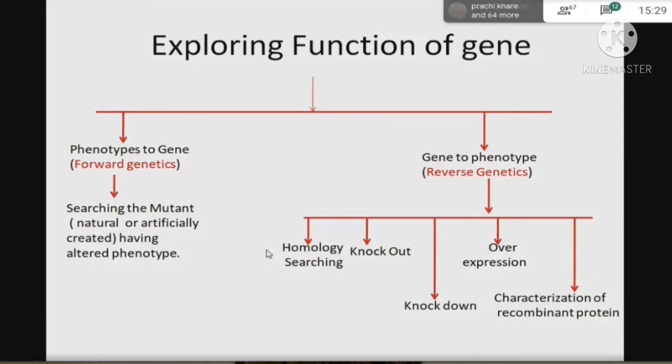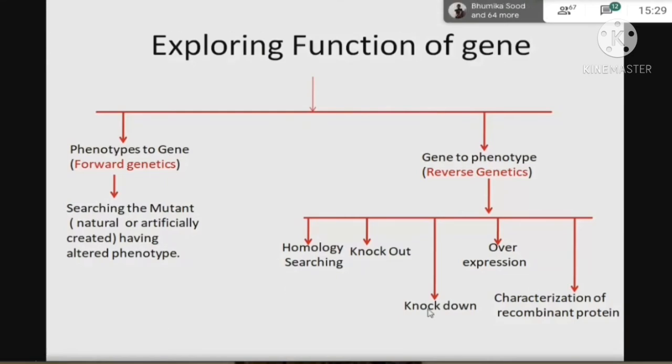It means all the protein should not be removed from the cell. We just add something which can reduce the expression of that gene, so that the amount of protein will reduce, but it should not be completely blocked. In knockout, there is no gene, so there is no production of that protein at all. But in knockdown, we gradually reduce the expression of that gene, so that the protein will not be completely absent.